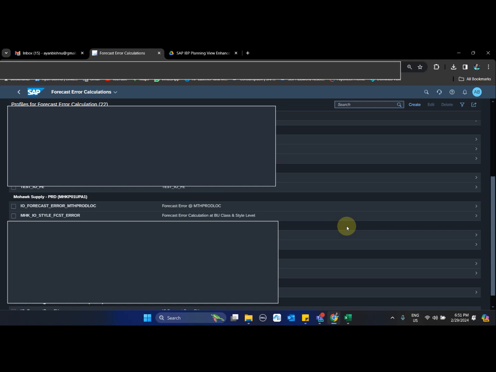Now, in most implementations, the requirement comes in such a way that business doesn't want to do the forecast error calculation or the forecast covariance at a product location customer group level.